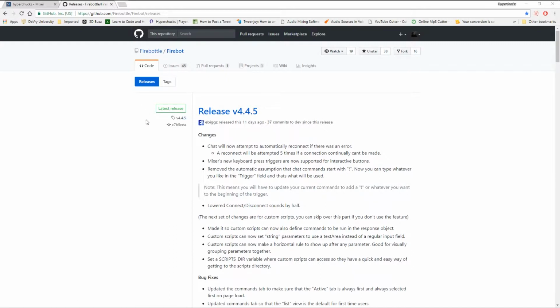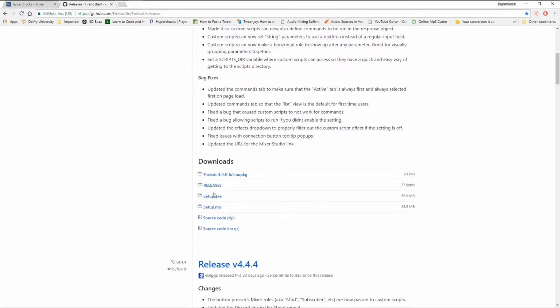You can tell which one is the latest release because of the green tag right here, and it tells you the version. At the moment, I am doing the video for version 4.4.5. Probably in the future we're gonna have different versions coming up. Most of the stuff will basically be the same, maybe a little bit of different features or improvements, but these still apply. So first of all, you will download the